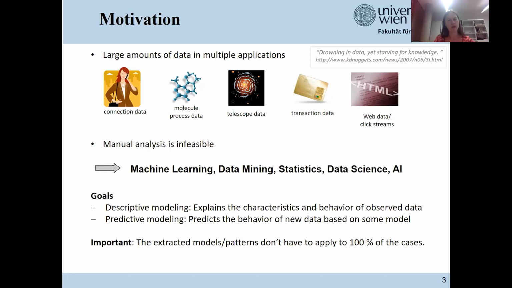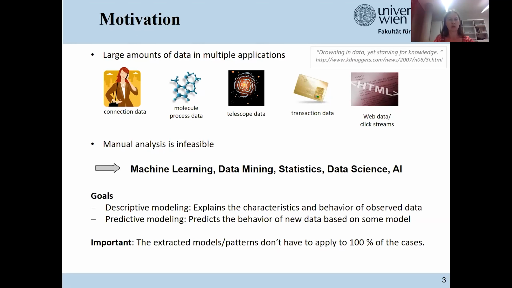The manual analysis of all this data is, of course, infeasible, and also simple statistical methods come to their limits. Therefore, advanced research areas like machine learning, data mining, data science, and AI have emerged. In principle, you can distinguish two types of basic goals. One first goal is descriptive modeling.